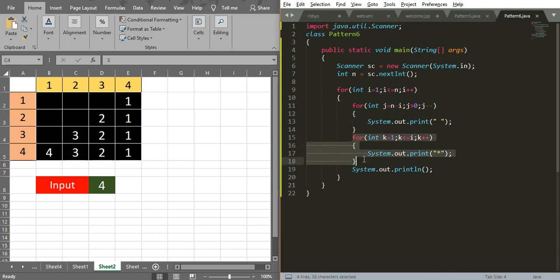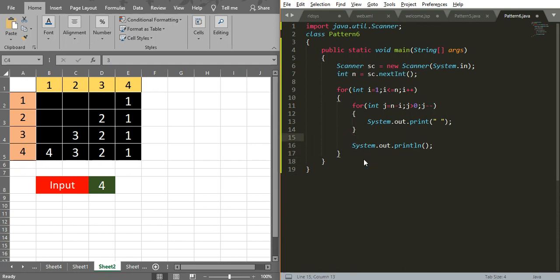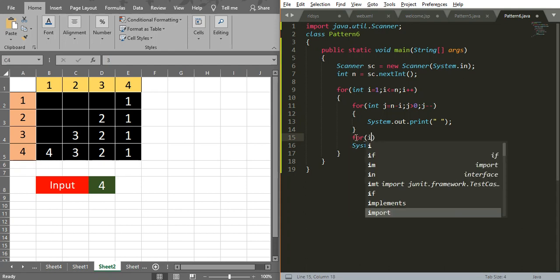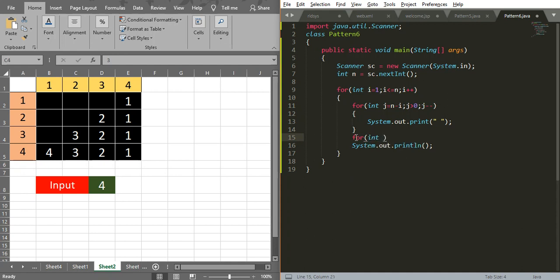Okay, so I'm going to modify this particular loop. I'm completely deleting this loop and writing a fresh for loop for printing the numbers. This loop is for rows, this loop is for printing the spaces, and here I am writing one fresh for loop, for int k equal to i.